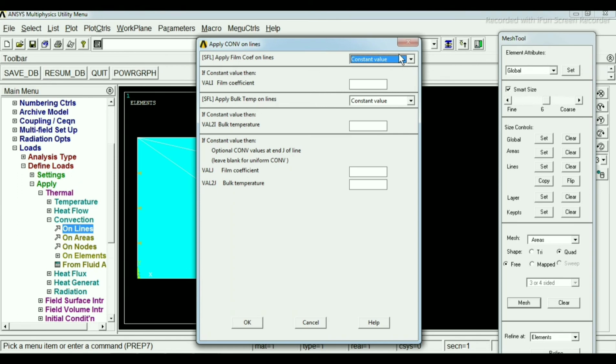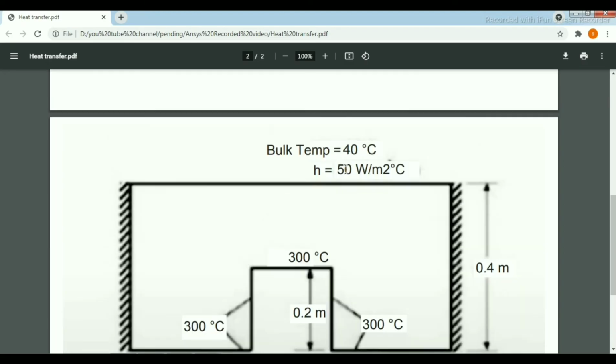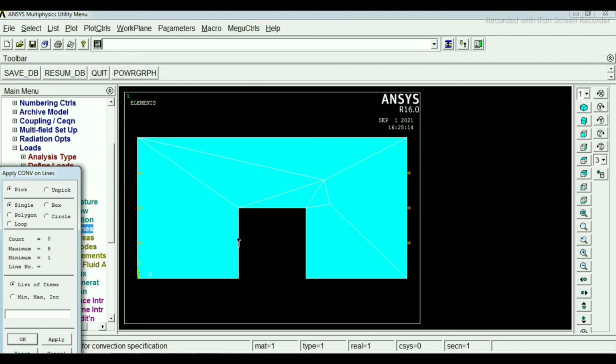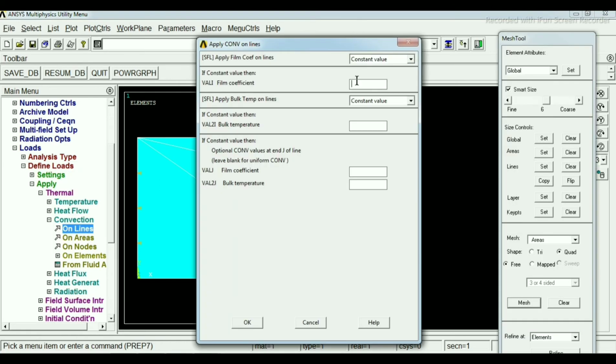In film coefficient we have to enter the heat transfer coefficient, which is 50, and the bulk temperature will be 40 degrees Celsius.